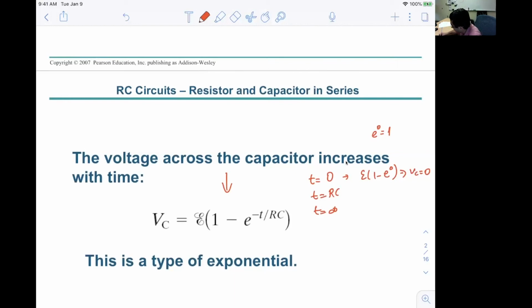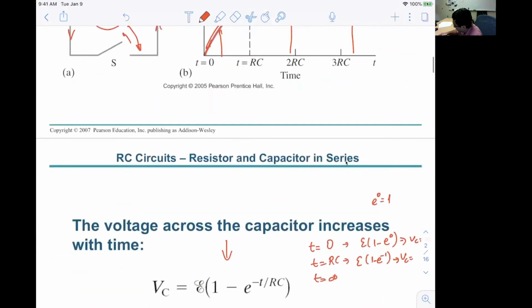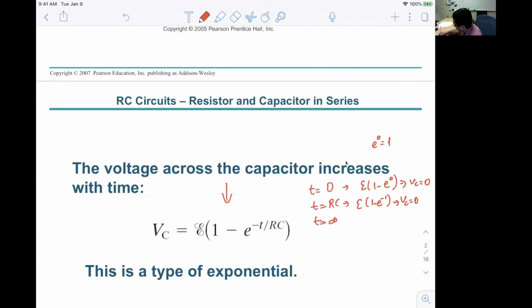So at t equals RC, epsilon times 1 minus e to the minus 1, because RC divided by RC is 1. And at this point, VC is going to be, actually here it's shown, 0.63 epsilon. At infinity,